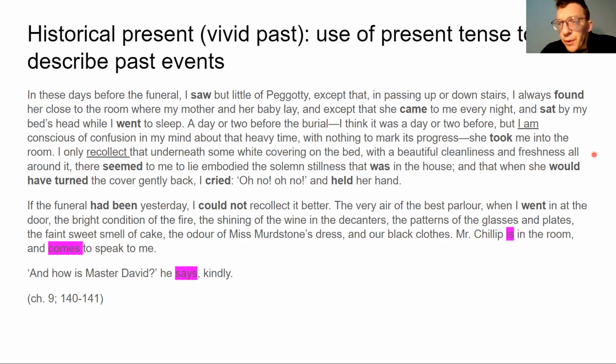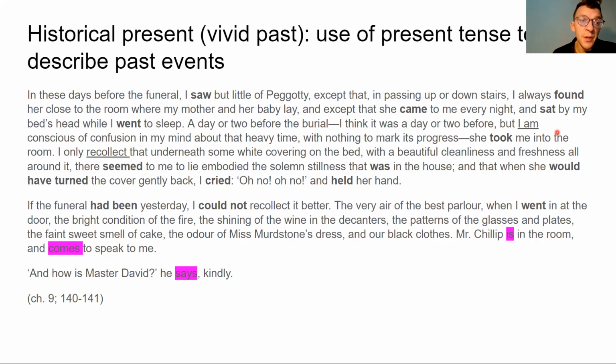In these days before the funeral, I saw but little of Peggotty, except that in passing up and down stairs, I always found her close to the room where my mother and her baby lay, and except that she came to me every night and sat by my bed's head while I went to sleep. A day or two before the burial, I think it was a day or two before, but I am conscious of confusion in my mind about that heavy time, with nothing to mark its progress,